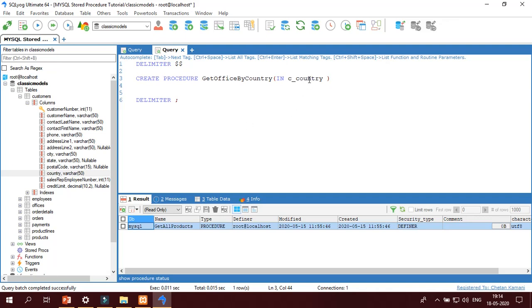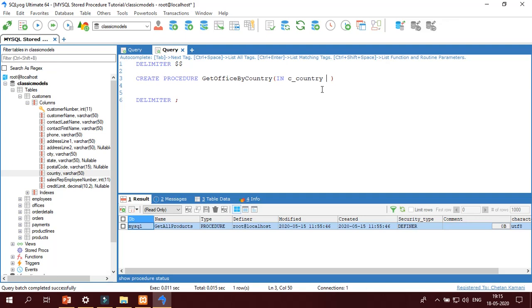Again I am saying, the data type of the parameter must be identical to the column's data type. Not getting it? Okay, I will explain again. I am going to specify the parameter name c_country.